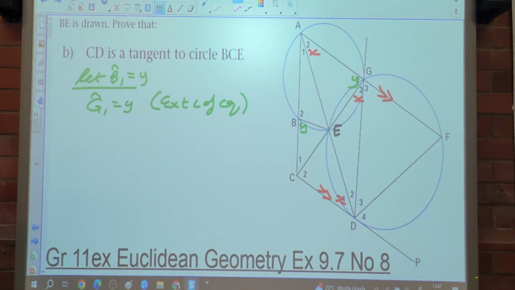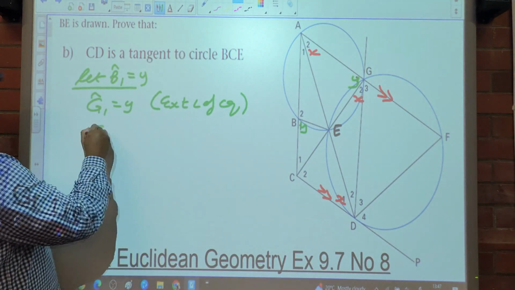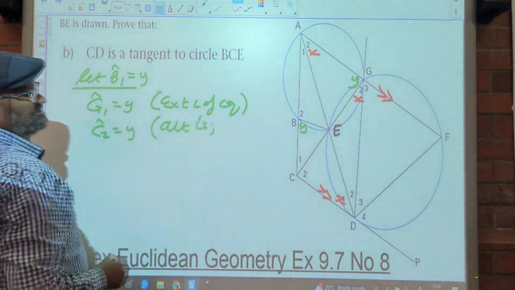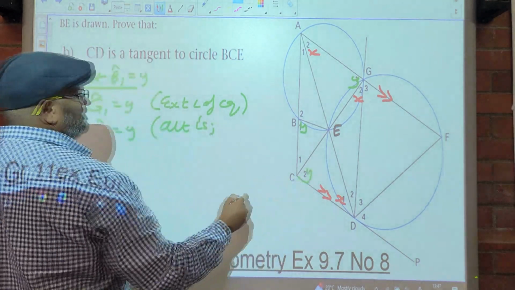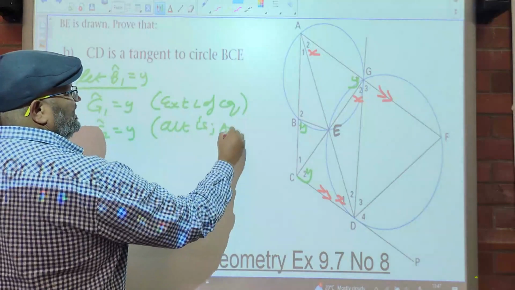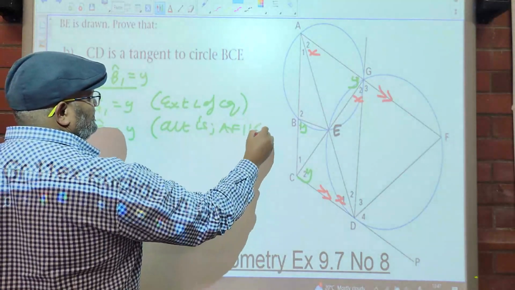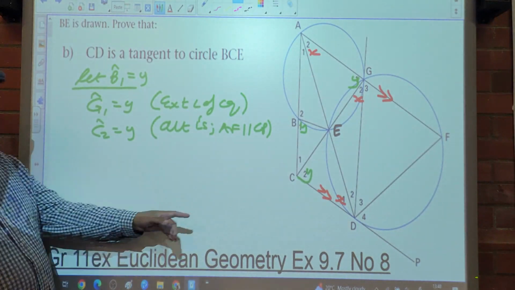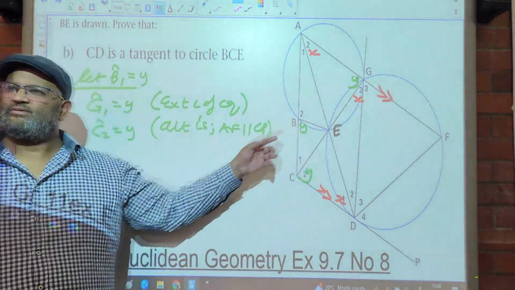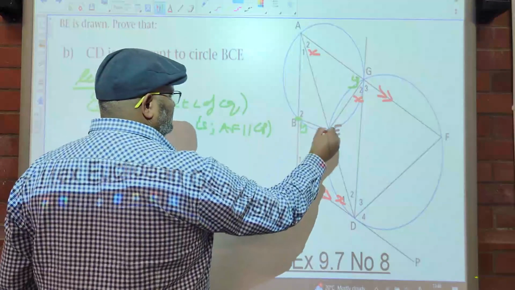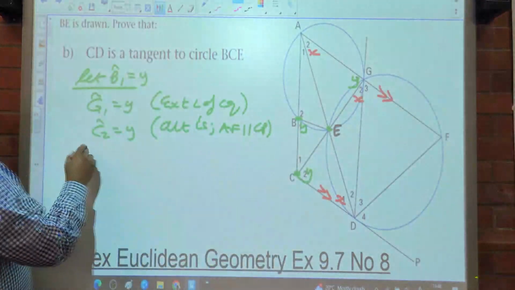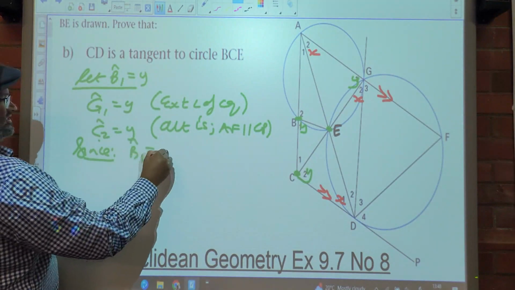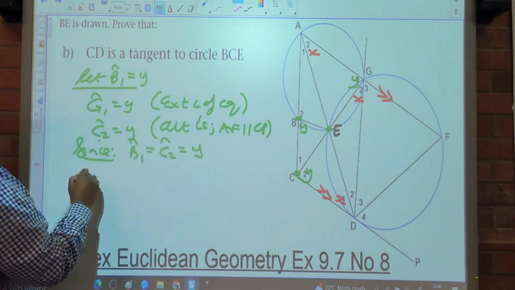Okay. So angle C2 is equal to Y. So alternate angles, with AF being parallel to CP. So now clearly there we can see that the angles are equal. No? So we say since B1 is equal to C2, which is equal to Y,